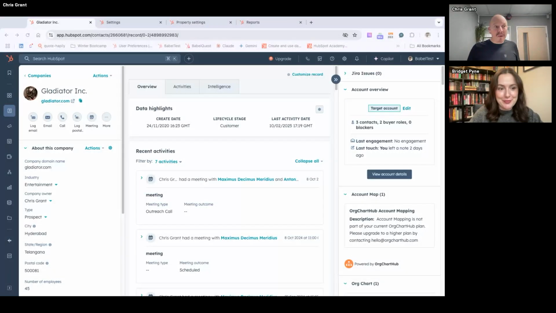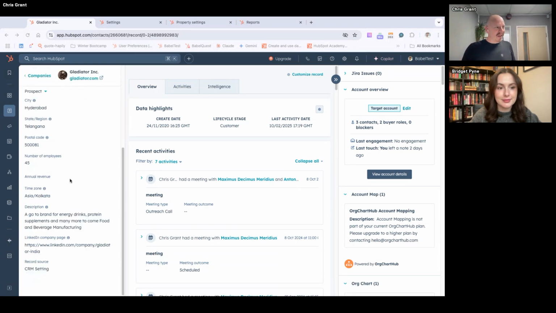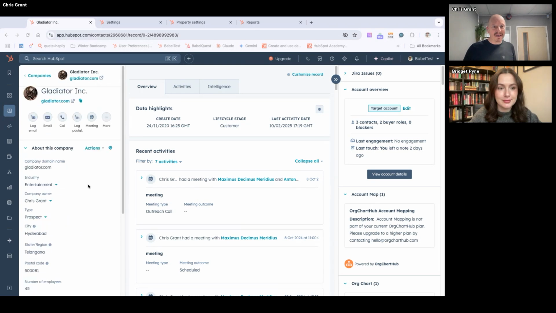There we go. So imagine you're a salesperson, marketer, whoever it is. You log into HubSpot the first time, and let's say the first couple of things you're supposed to do are fill in a property, and you look down the list on the sidebar, and that property's not there. Nobody taught you how to find it.